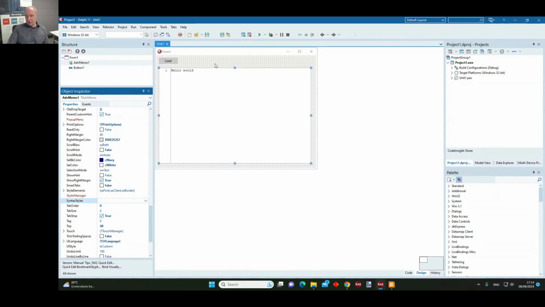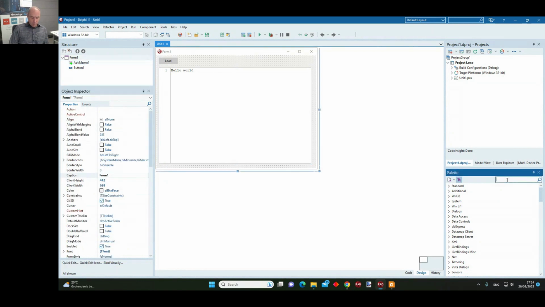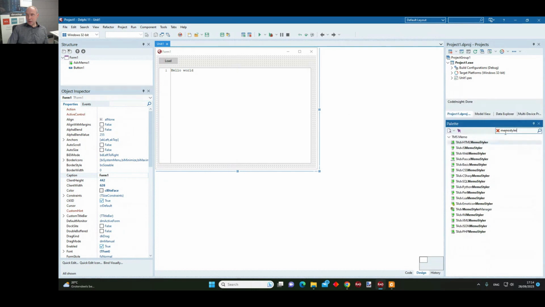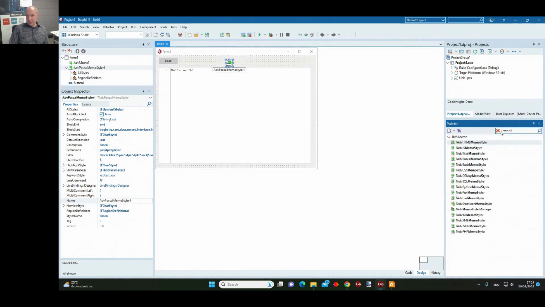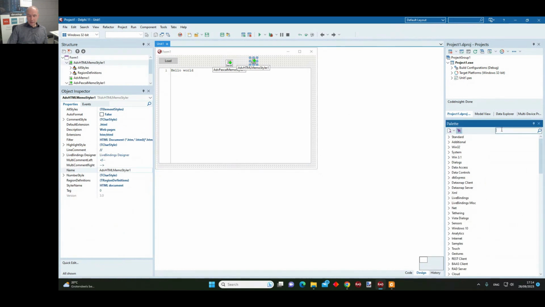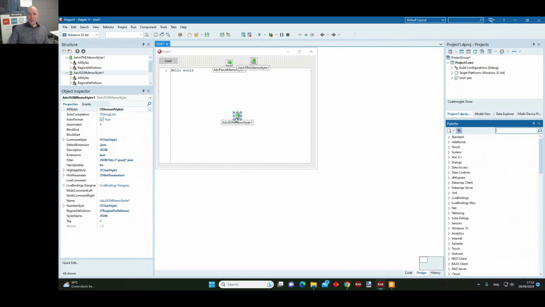And if we have a look at the tool palette, and I choose here syntax or memo styler better, you can see the list of all the stylers that are available. So let's use for our example Pascal styler. We will also want to use an HTML styler, and I also want to have a memo styler.